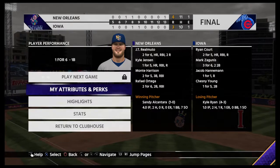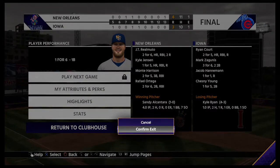Our final line score, first for the victorious